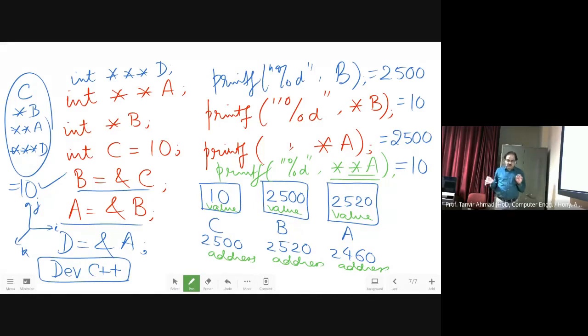You recall that I have already done in the last class how to pass a one-dimensional array. Now extend that concept to pass a two-dimensional array from main to a function, and without returning from there, I will be manipulating the main array.